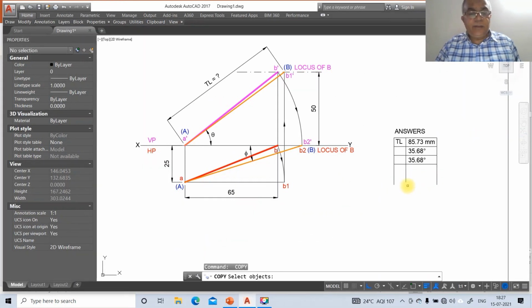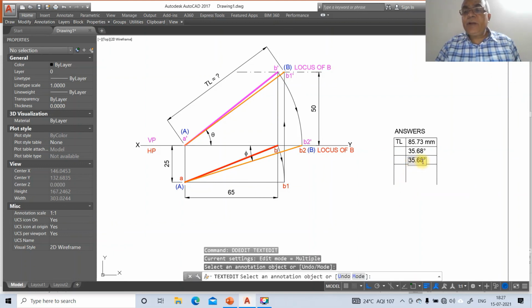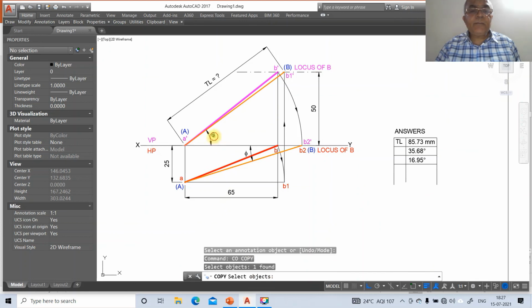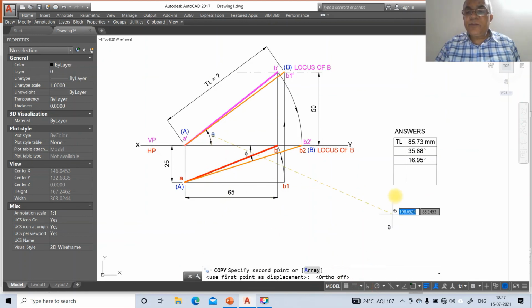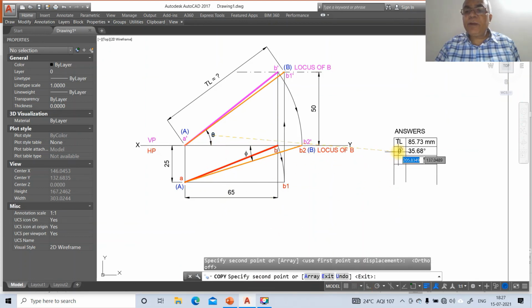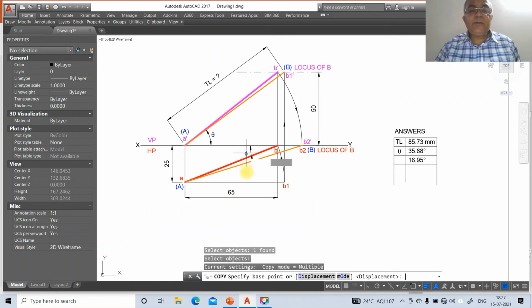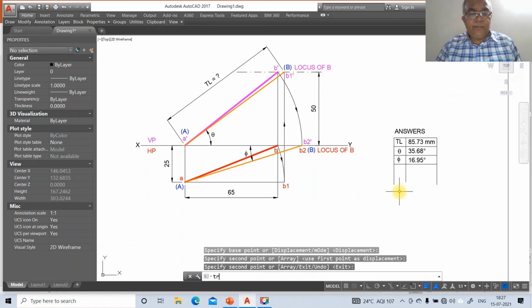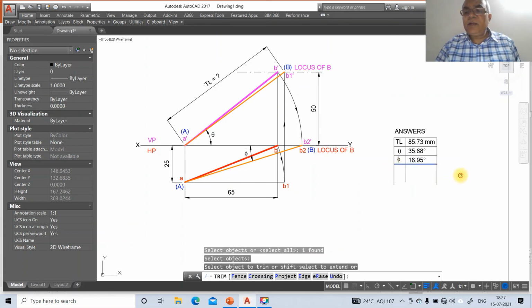So go to DD edit, 16.95. Then go to copy. So this is theta. So here switch off this and you bring it here, copy, and you take this and copy it here. Then go to trim this line here.